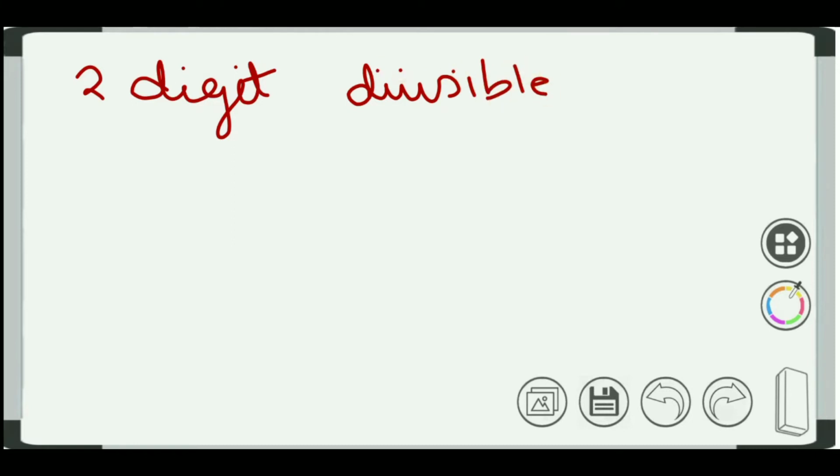Now consider another example. Okay, if the question is how many 2-digit numbers are divisible by 3? So you need to find how many 2-digit numbers there are which are divisible by 3. Okay, in the table of 3, which number do the 2-digit numbers start with? 12, right? There is no other divisible number below it. So in the table of 3, 12 is the first one. 12, 4 into 3, 12. Then after 12, the next number is 5 into 3, 15. Then 6 into 3, 18.